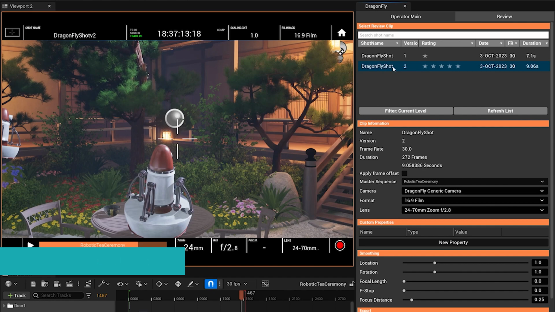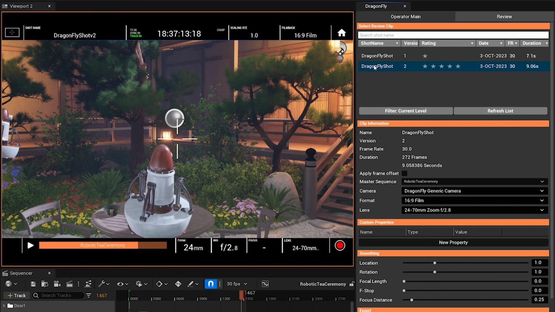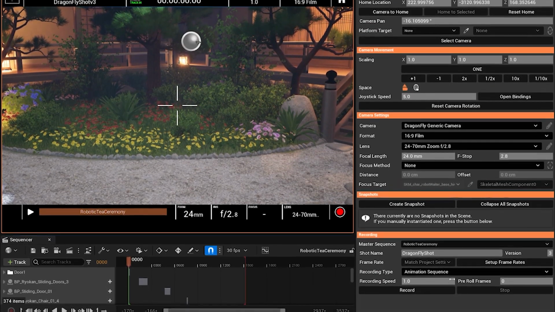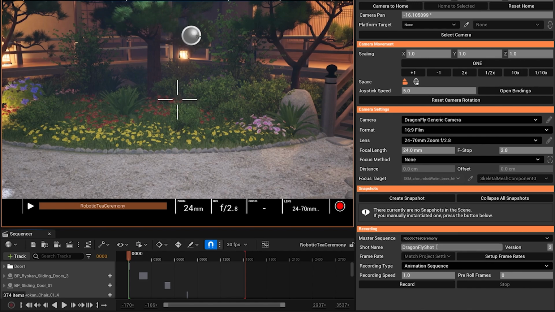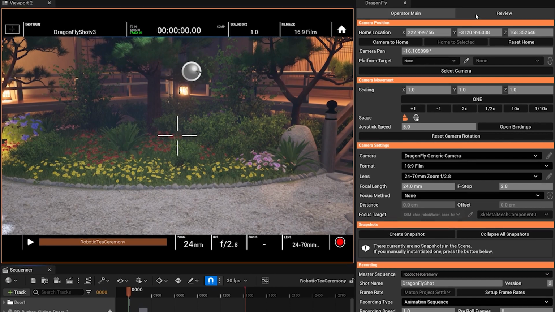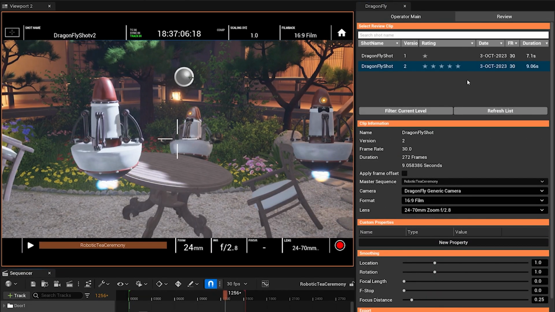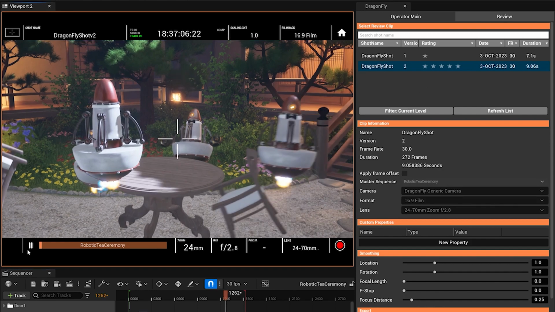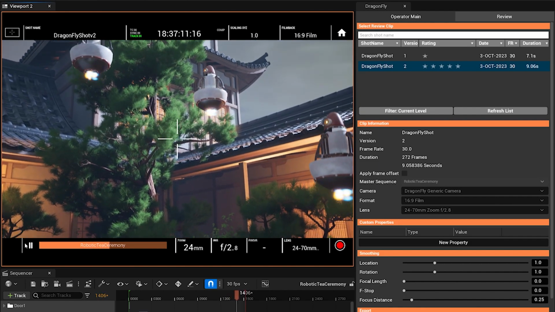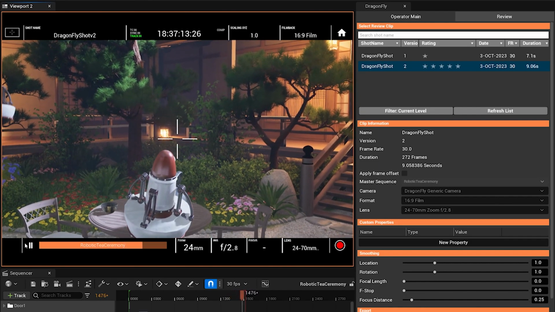Speaking of the shot name, the reason that a shot has a certain name comes from the fact that in operator main, we have a shot name preset here. So if you are working from a shot list, for example, or you already know what kind of shot you will be creating, you can also name your shots in advance. And then that obviously also helps differentiating them in your shot list in your view. So as you just saw, we can play the shot back here. Right, that's also playing back the animation courtesy of our connected master sequence.